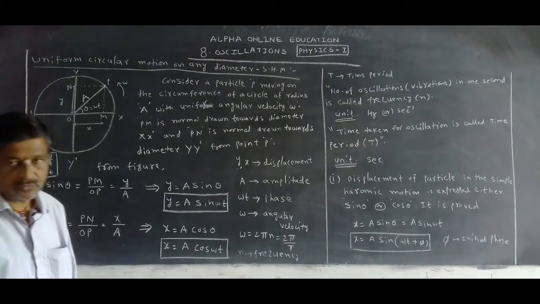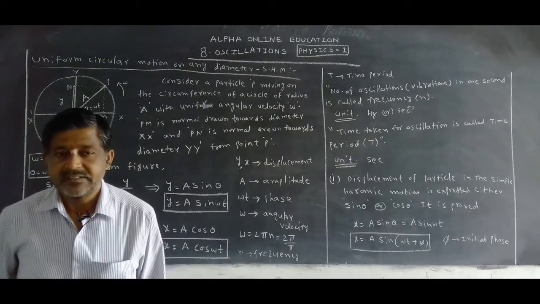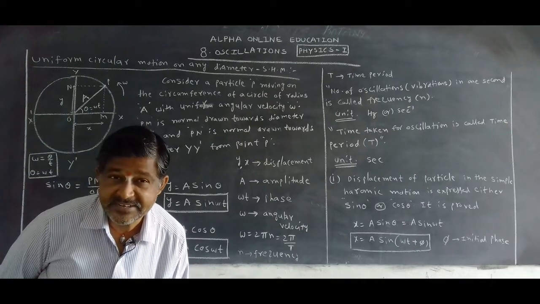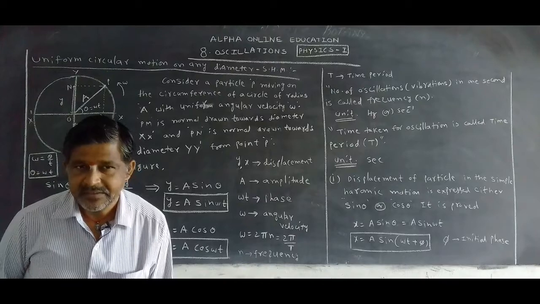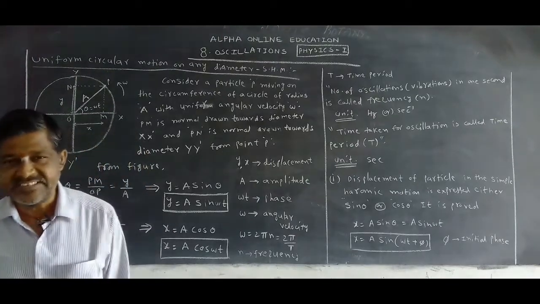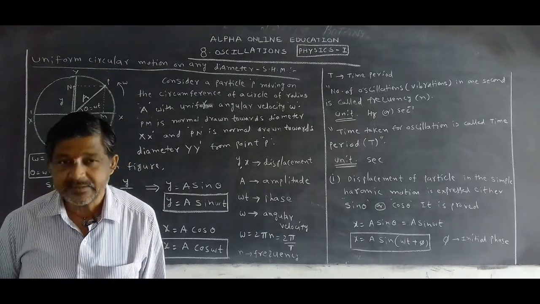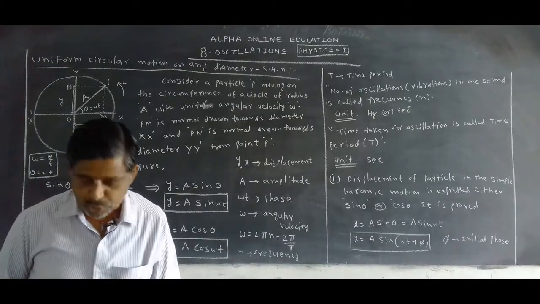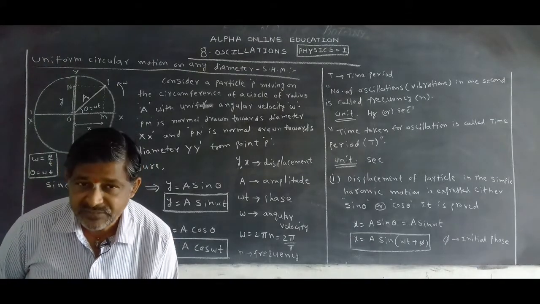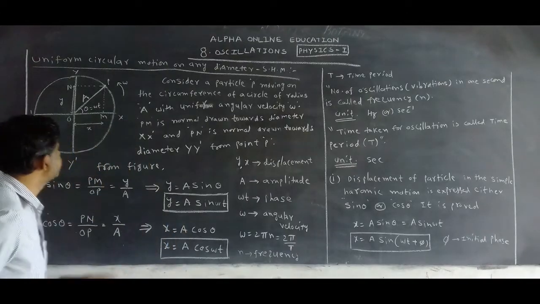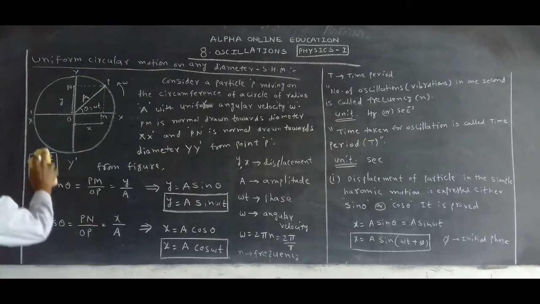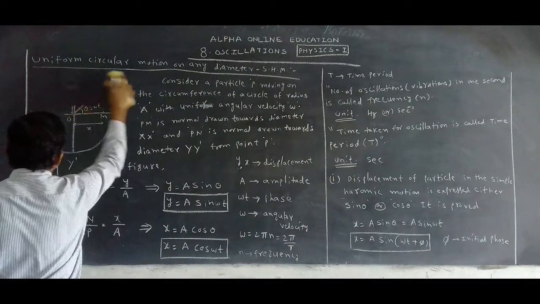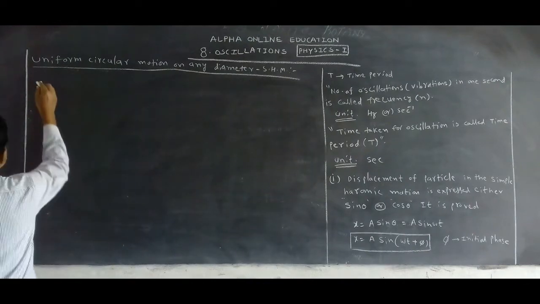But now we want to show that the acceleration of the particle in SHM is proportional to displacement but lies in the opposite direction. Now we want to show that. To prove that, first you have to calculate the velocity. See that slowly, all of you record this in your notes. Now I am dropping this. Now second one,